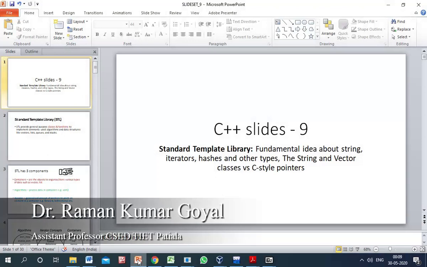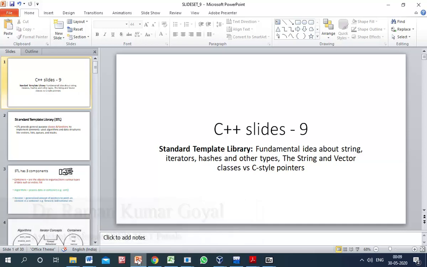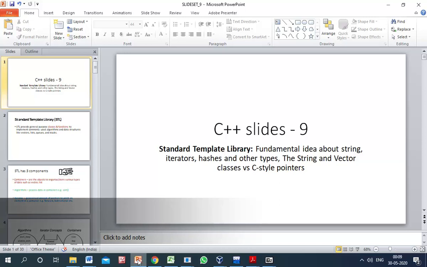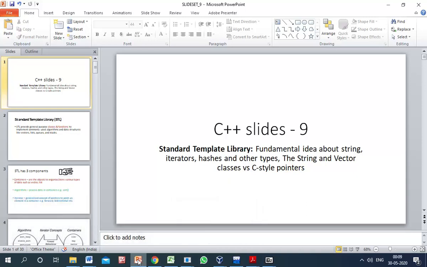Hello students. So our last topic is standard template library. In this lecture, we will study the basics of standard template library. Now, what do you understand by its name? Standard template library. Standard means where you have used standard in C++ program, you have used using namespace std, means